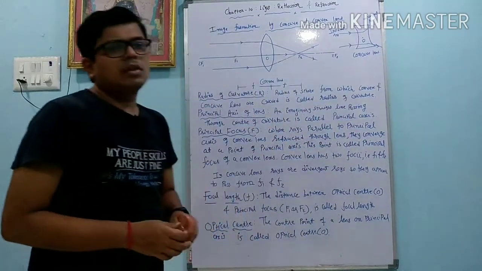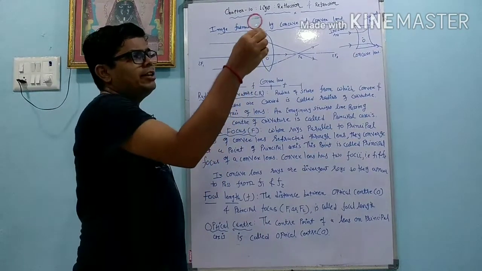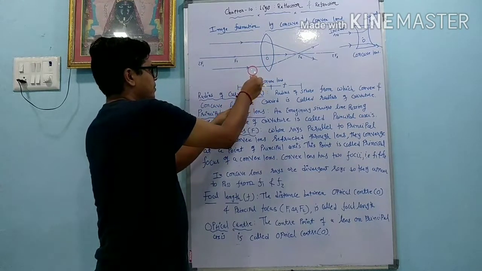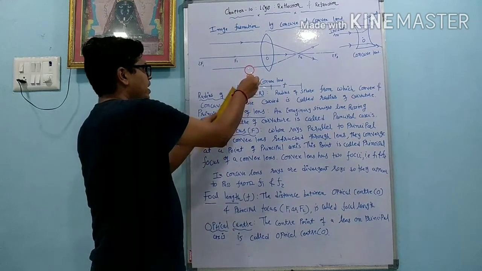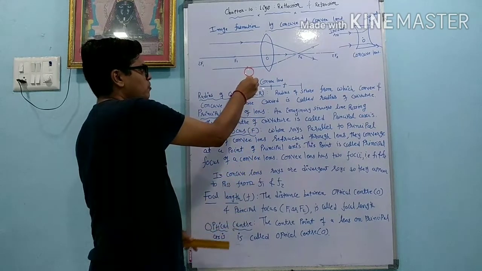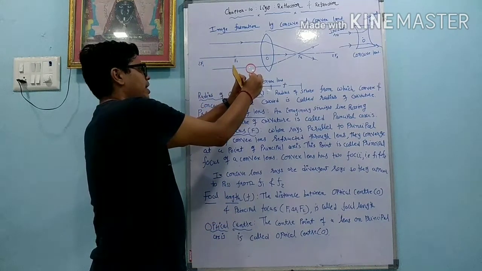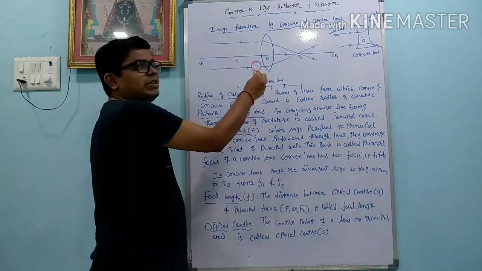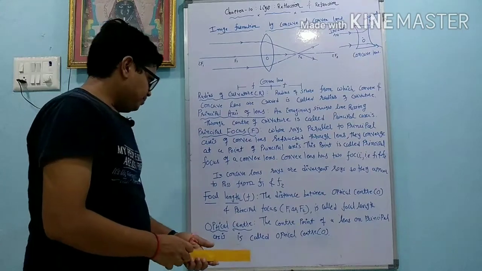So how to measure F1 and F2? We will do one activity. Suppose I keep this magnifying glass near the board, you find that two images are obtained here. Same way, if you keep a magnifying glass under the sunlight, you get one spot, but here there are two spots, which are of the two tube lights of my room. If I measure the distance, I get almost 15 centimeters. So what is the focal length of this lens? 15 centimeters. Are you getting it? Like that we can measure the focal length.